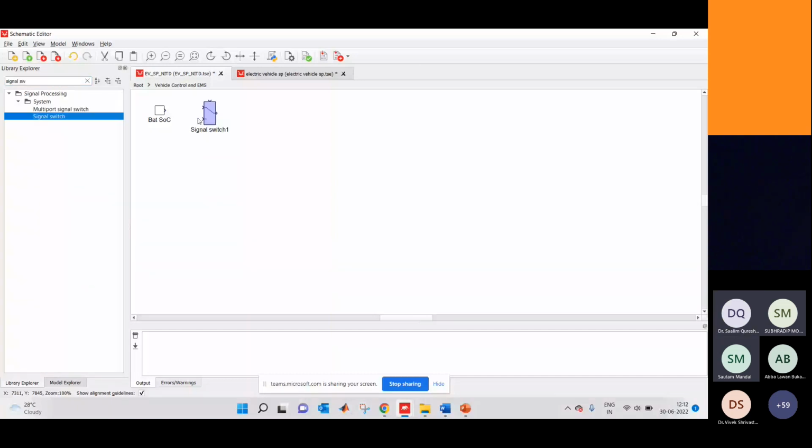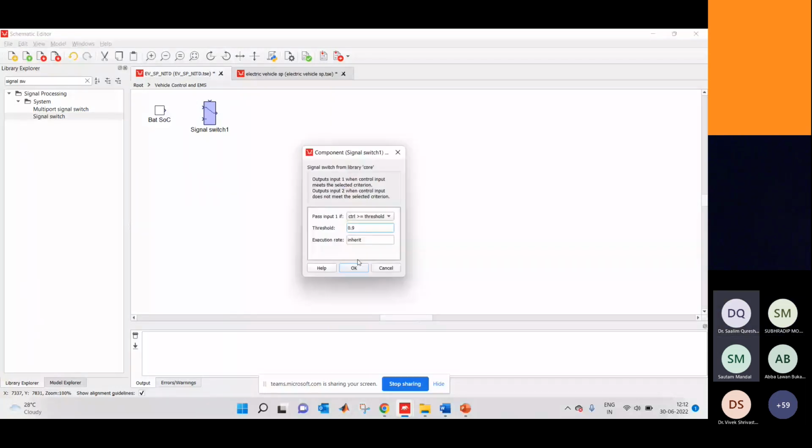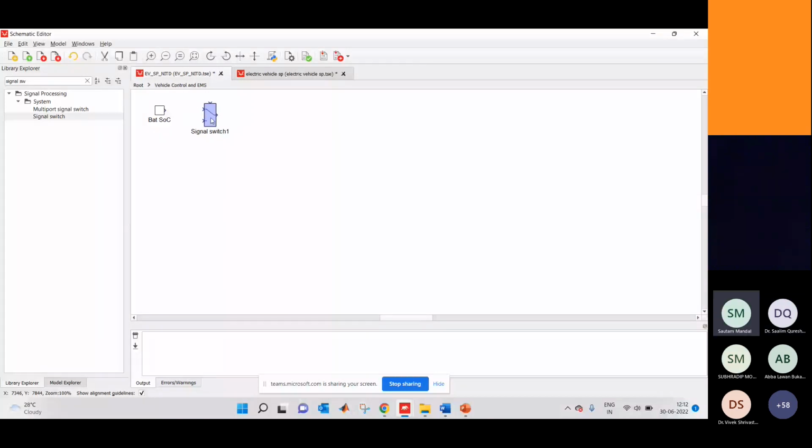And this time in the signal switch, the value of the threshold, take 0.9. Yeah, we have to keep it here, just move it there. One of the lengthiest blocks of this, take one gain block,